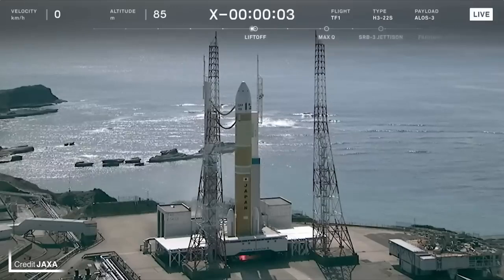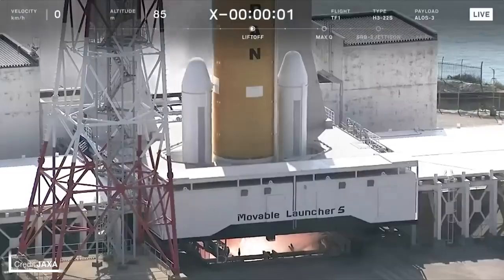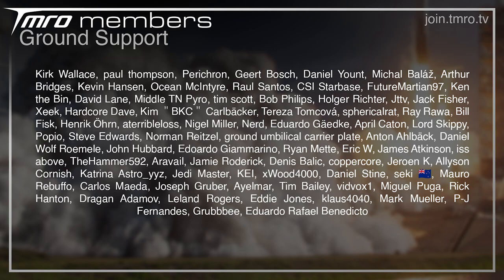Japan finally managed to launch their brand new cost-cutting H3 rocket on Tuesday, but before we get into that, quickly,